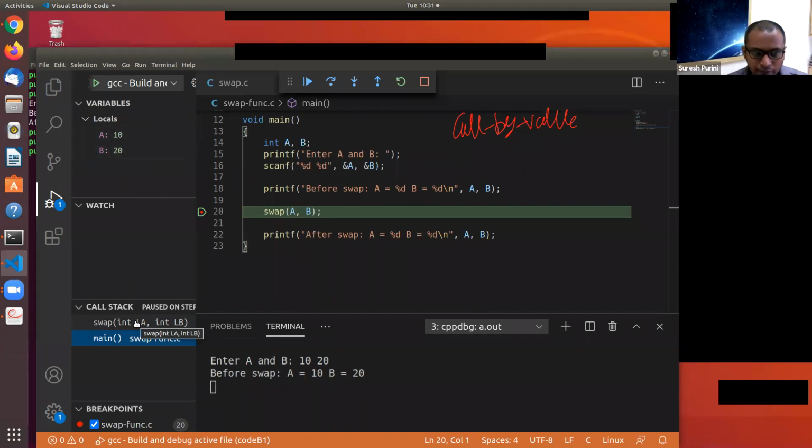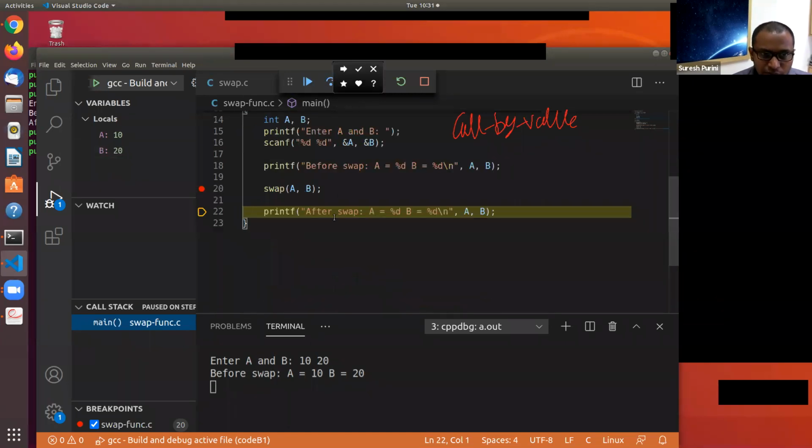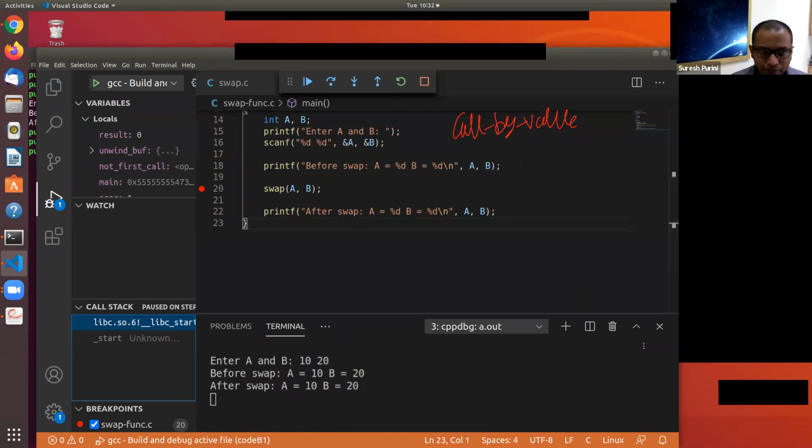They are not changing. But LA and LB got changed locally. So because of that, when we come back from swap here, the values of A and B are still 10 and 20, so there is no swap happening. And that's what gets printed. Great.